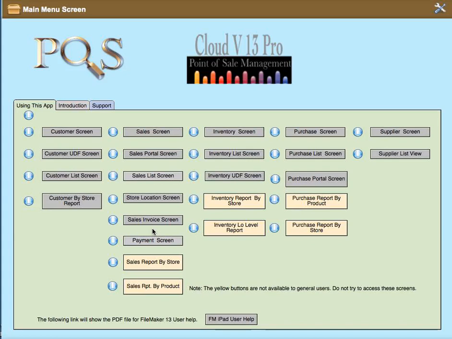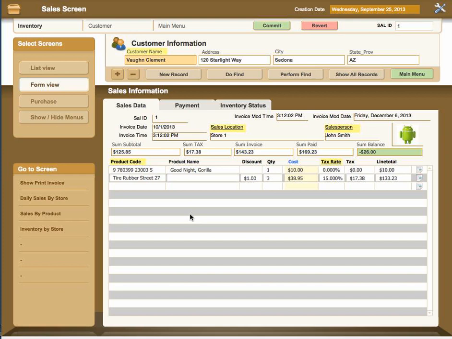In this video help, I'll be covering the sales invoice screen, but rather than access it directly to the invoice, I'm going to show you where the invoice actually originates. So let's go into the sales screen. In the sales screen, the actual invoice is shown over here as show print invoice, and it's based upon the